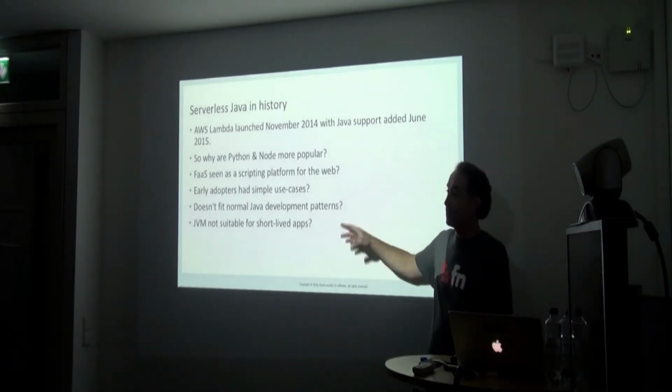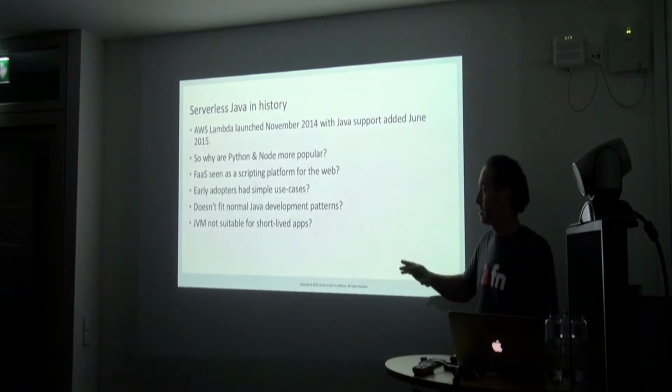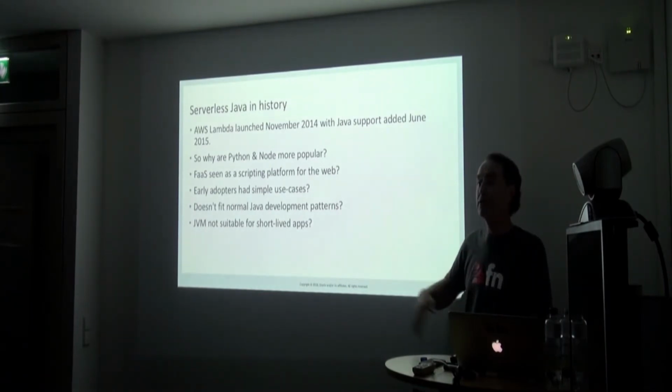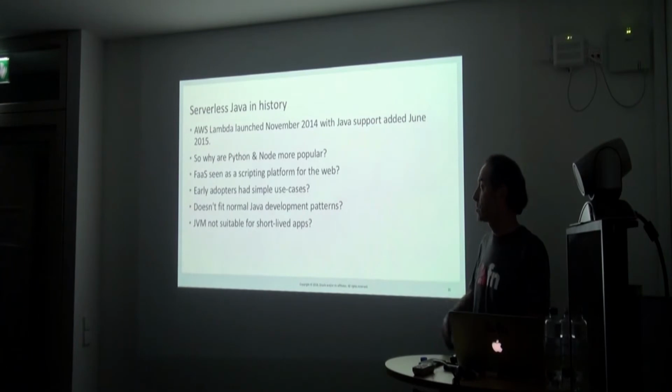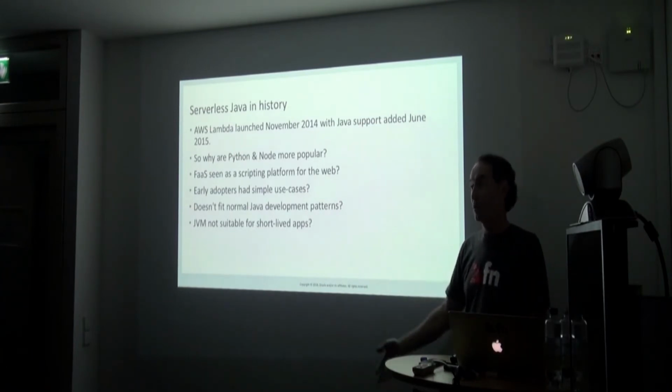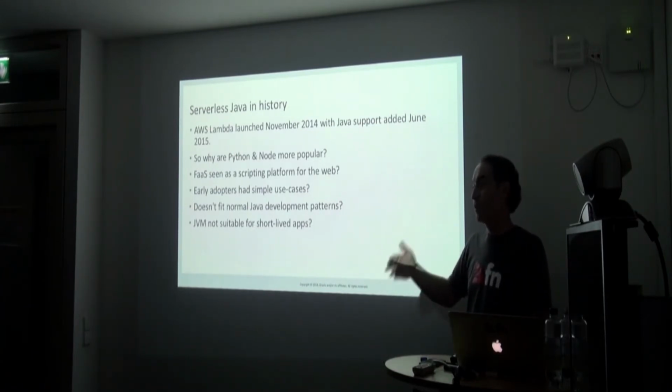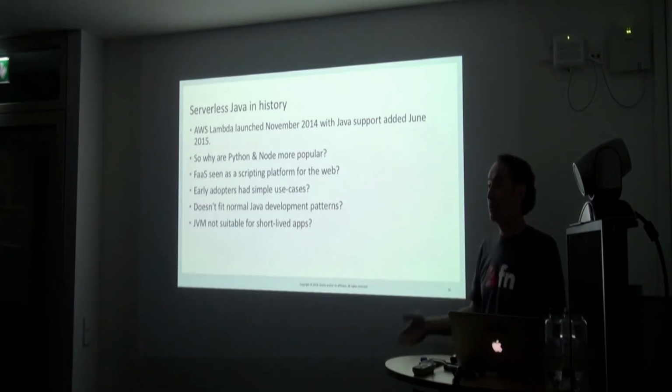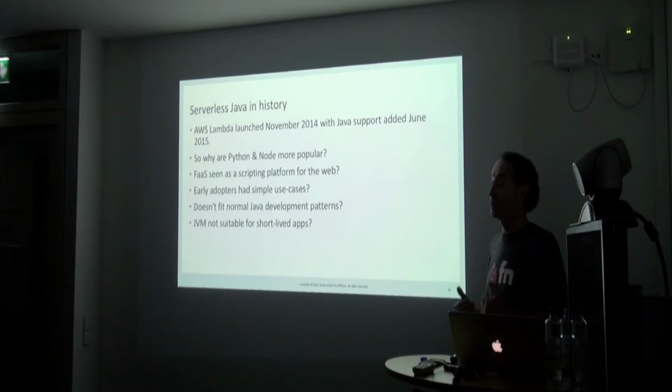Because one of the things with these functions is, and there are all kinds of optimizations, but really they don't necessarily live that long. So they start up, they do something, and they quit. Or they start up, and they handle a few requests, and then they're taken down. And of course, you don't pay when it's not running, and cloud providers will probably cache a few things. People build FaaS.